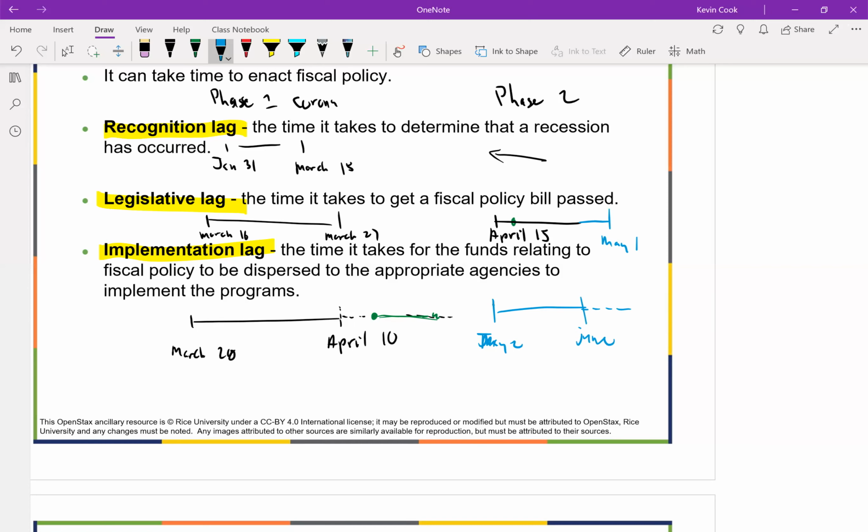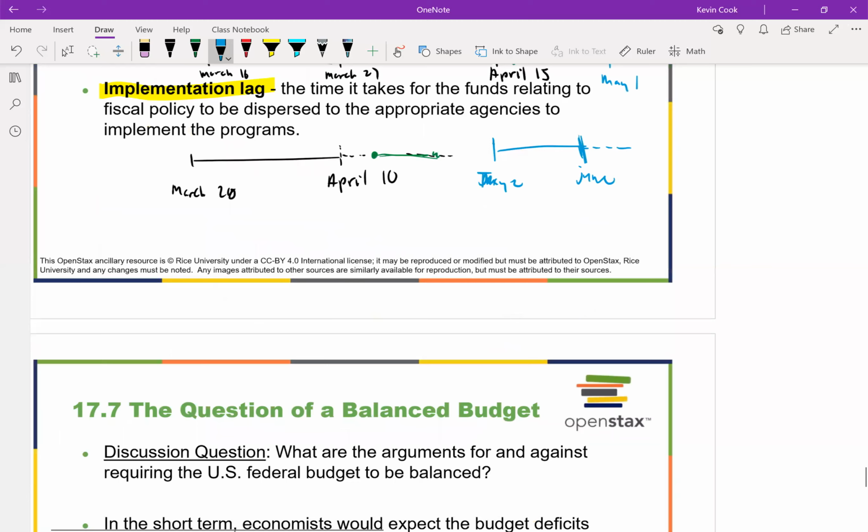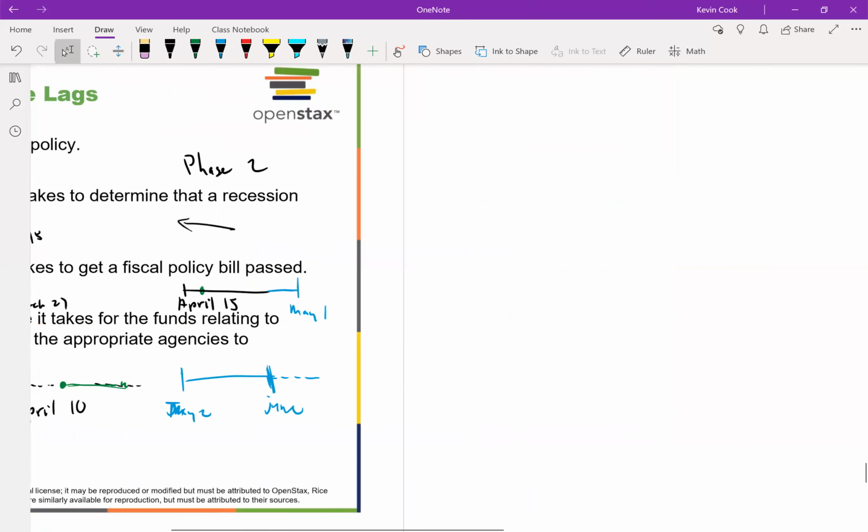There's a chance, and don't take this as me trying to predict what's going to happen with the virus or anything like that, but there is a chance that come June things are relatively calmed down, right? There's a chance that people are going back to work, that things are better by then. So if everything's going back to normal by then, we're getting these stimulus packages when the economy is already picking itself back up. So the issue that can come up here